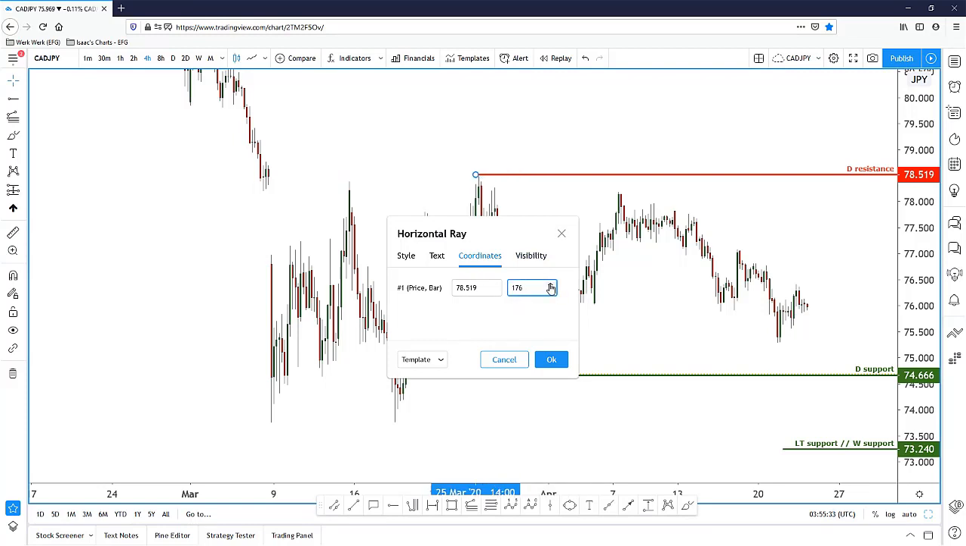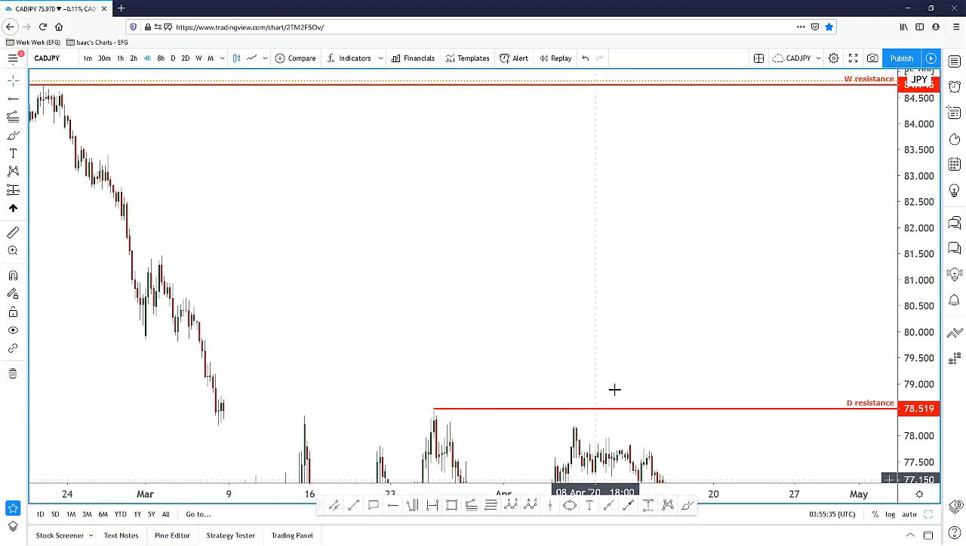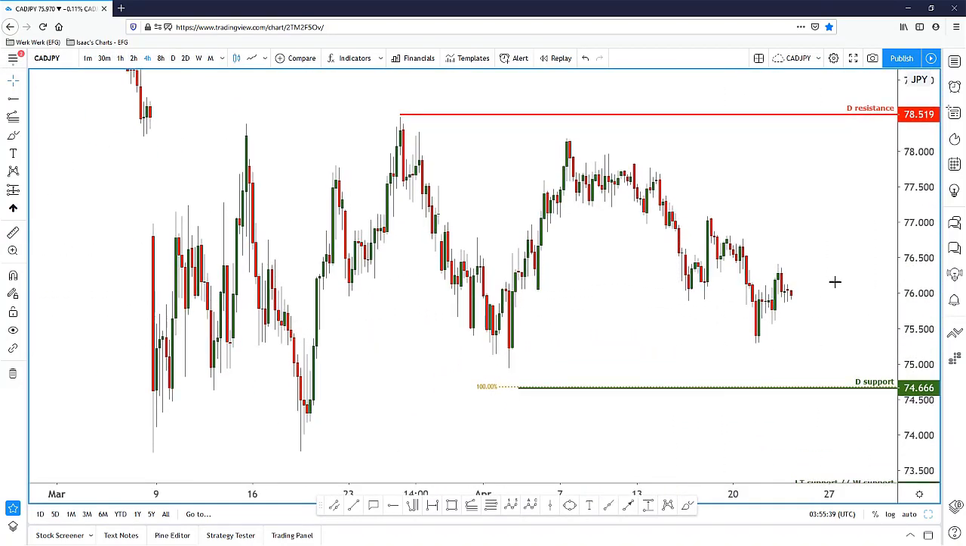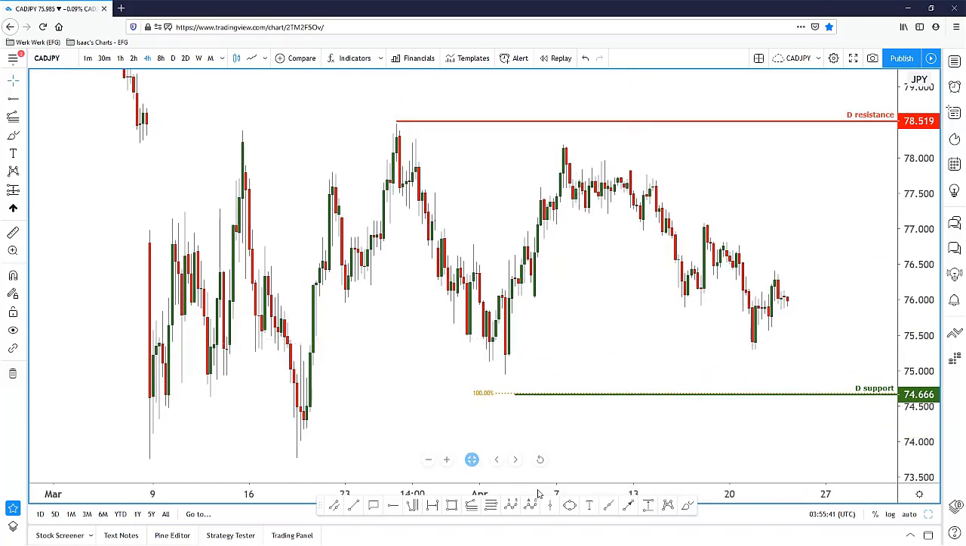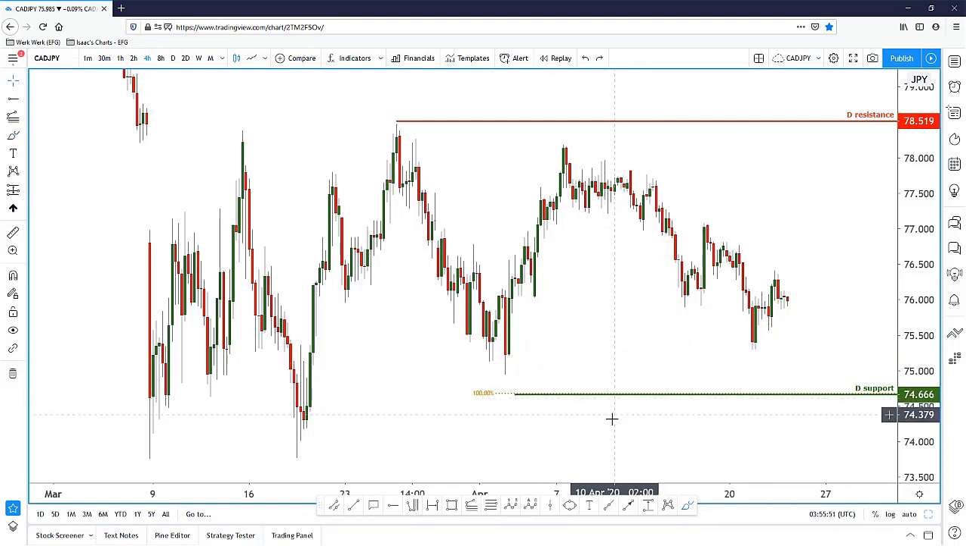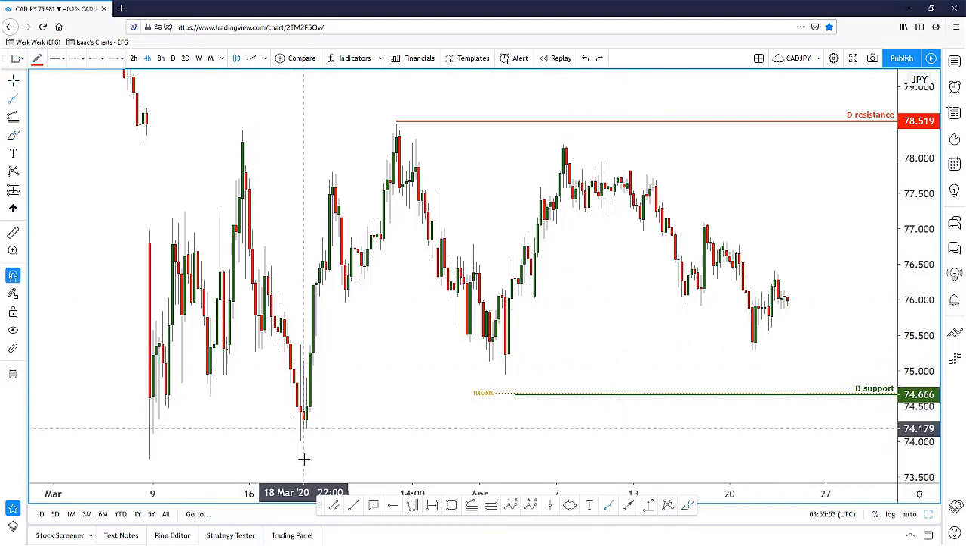Okay, we can ignore our long-term, our weekly resistance because it's too far away. So we just want to focus on the more recent price. So like I said, price made a low, right? And then it started making a higher low. And it was only recently that price started making a lower low. So when we take note of such things, we actually see that